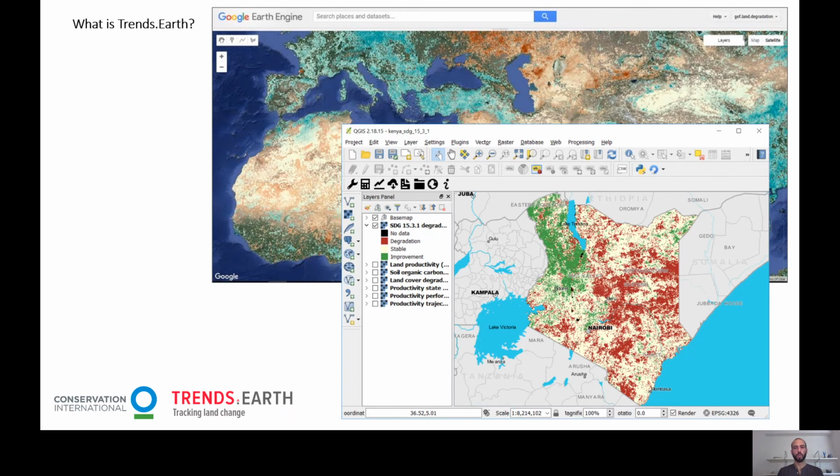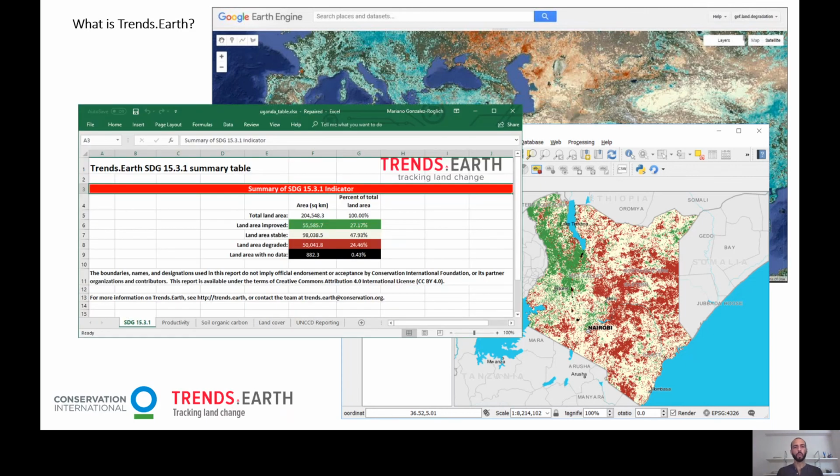So the analysis is going to produce geospatial outputs, maps, and then also tabular outputs, which are very convenient for reporting. So you have a breakout of the different areas, what this means in terms of carbon, in terms of each of the sub-indicators, and finally you get tables which are formatted exactly in the same way as is